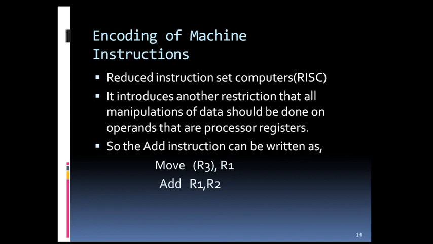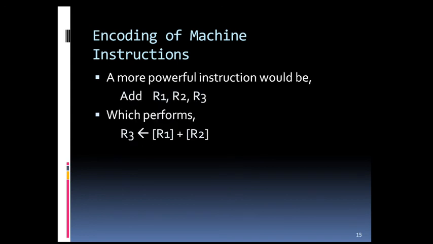So we may provide a more powerful instruction that uses three operands, that is add r1 comma r2 comma r3, which performs the operation contents of r1 plus contents of r2, stored into r3. That is the three address instruction we studied previously. A possible format for such an instruction is shown in figure C. Of course, the processor has to be able to deal with such three operand instructions. So in an instruction set where all the arithmetic and logical operations use only register operands, the only memory references are made to load or store the operands into or from the processor registers.